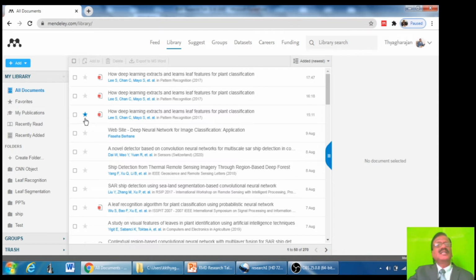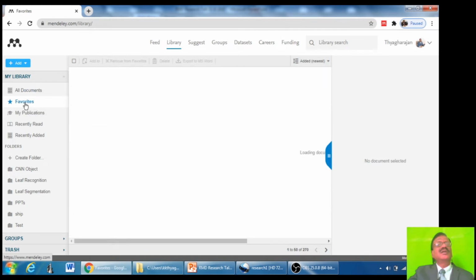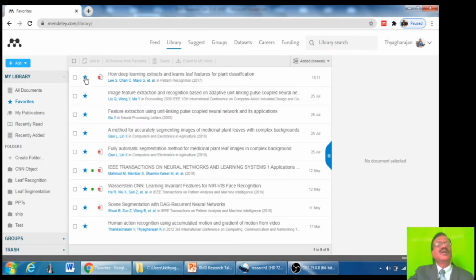In that case, all those favorite papers will be combined together and put in the Favorites folder also. Now if you click on this folder, all the starred PDFs or documents will be displayed.